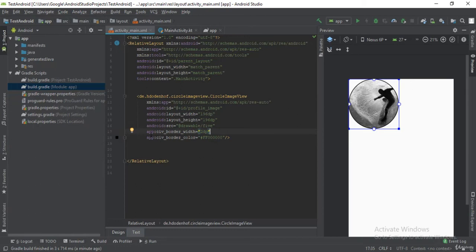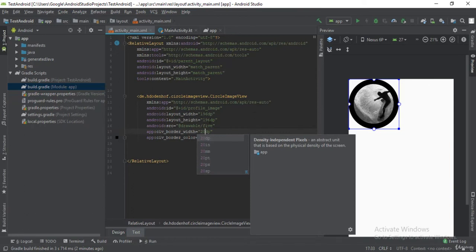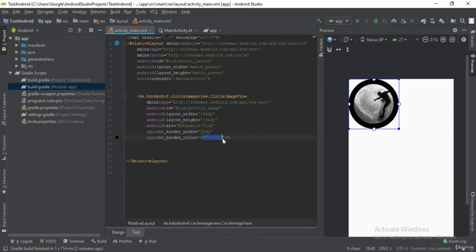For example, here we have up where it says civ_border_width. You can change the border from 2dp to, let's say, 20dp. Okay, so as you can see how it looks like. You can change the border color to be something, for example, let's make it red. Okay, you can make it yellow, whatever you want, really. I'm gonna just make it back because I do not like it like this. So we can make it, for example, 1dp or 2dp, whatever. You can change the width, the height, and the ID also.